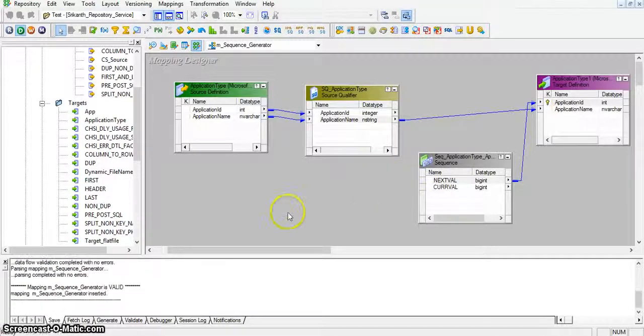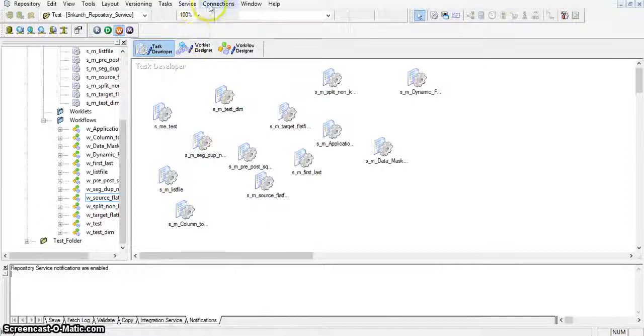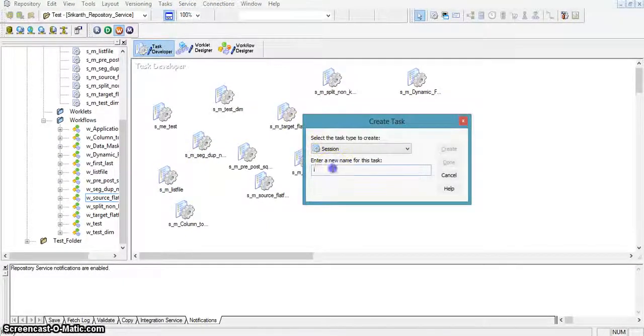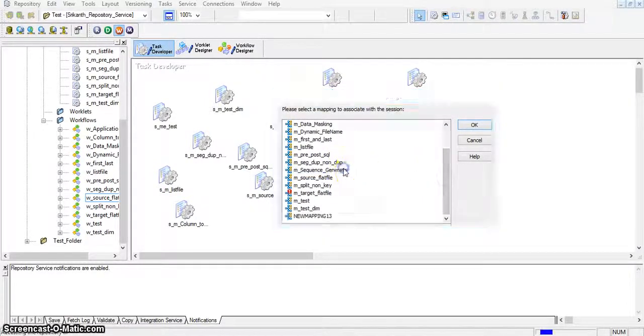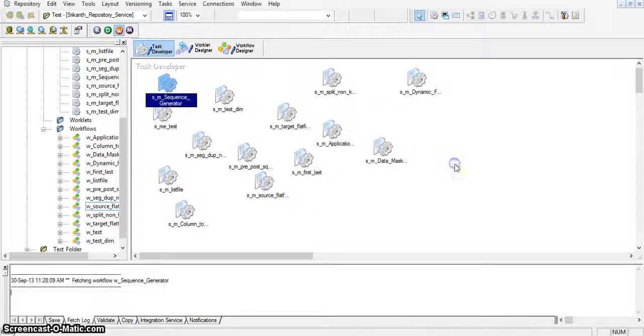So I am saving the mapping. Now I will create a session for this mapping, s_m_sequence generator. I am associating this session to the m_sequence generator mapping.